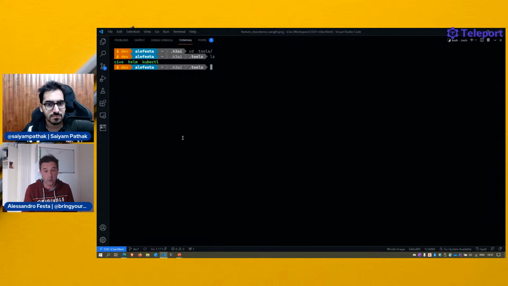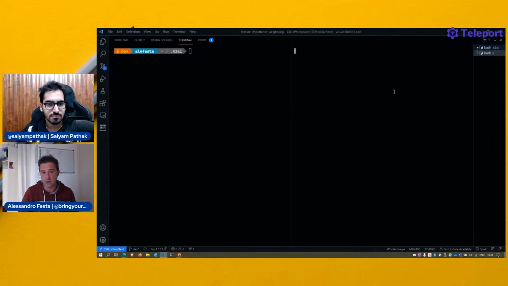We don't want to overwrite your existing configuration. That's why we're doing it this way. So it's super cool and super simple. And when you run a plugin, if we need to do anything like clone a specific repo, we will do that for you. That makes the magic of K3ai.